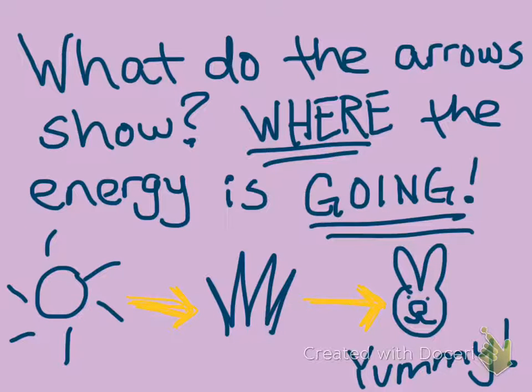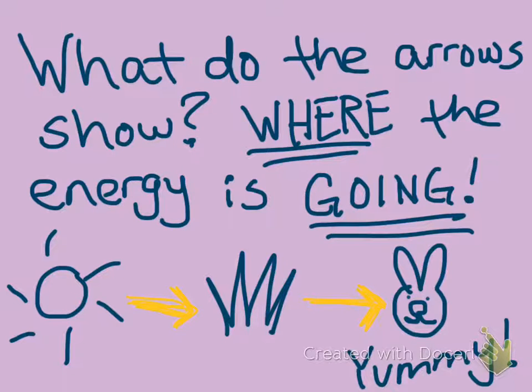So the energy starts with the sun always. It goes into the plants. The plants do photosynthesis, and they turn the sun's energy into chemical energy in the form of glucose. And then the plants have all the energy, and then the energy flows from the plants to whatever eats the plants. So when you eat a plant, like carrots or potatoes or fruit, you're getting energy from that plant. Even though you get it in the grocery store and you don't see it growing, if you're eating strawberries, they grew on a plant. If you're eating apples, they grew on a tree. Does that make sense? Yes. Okay. Does anybody need more time on this one?